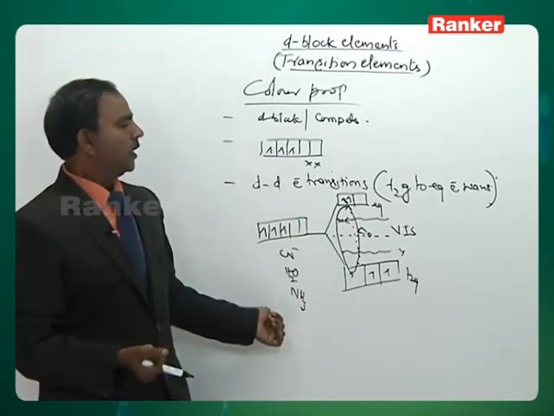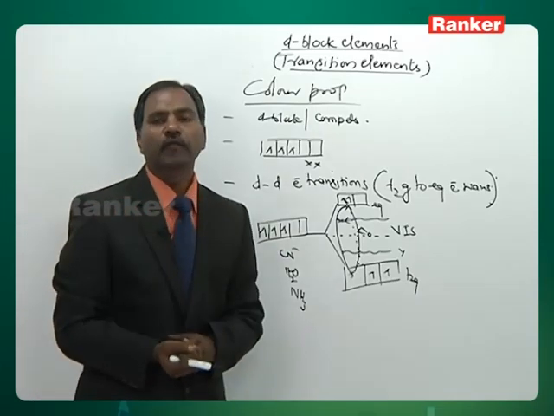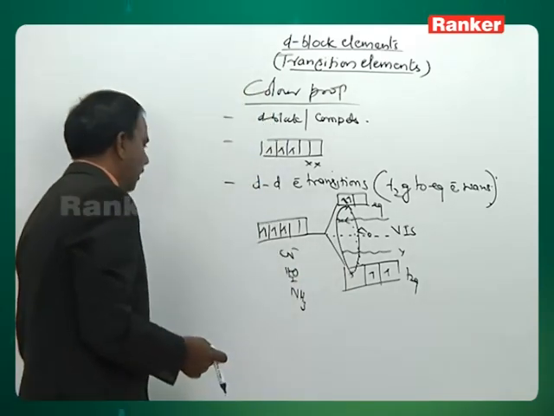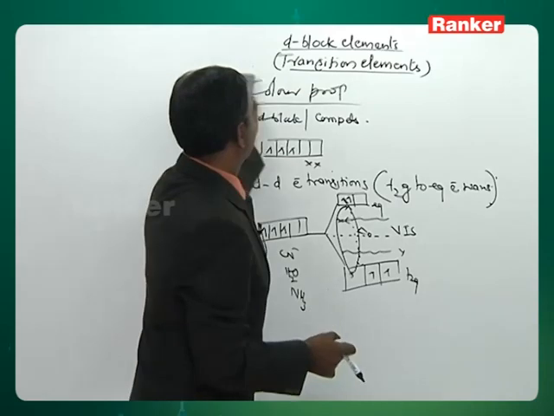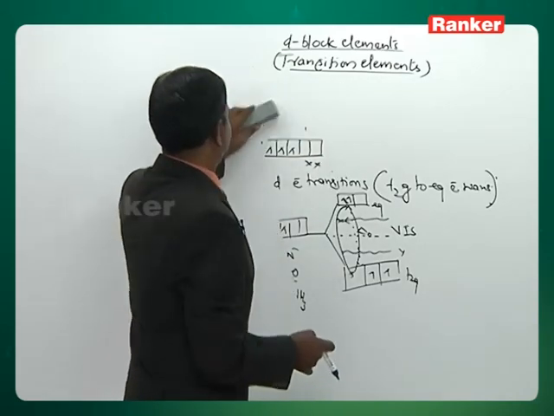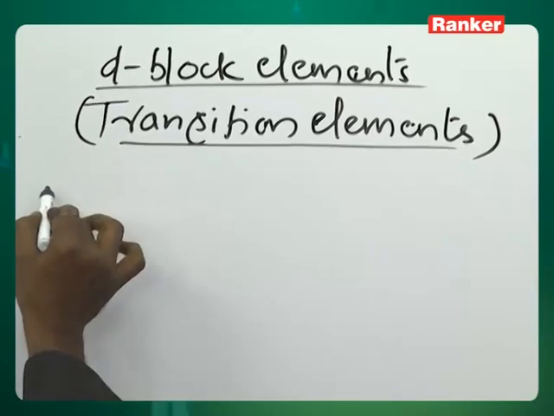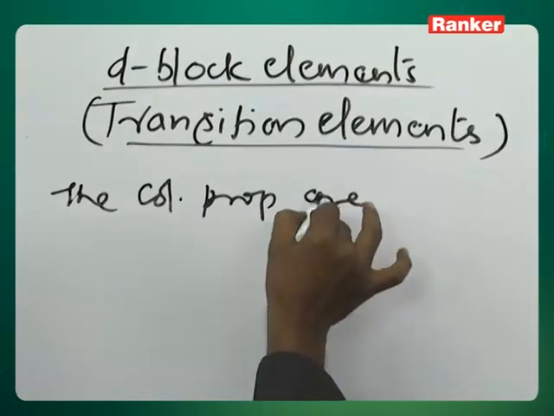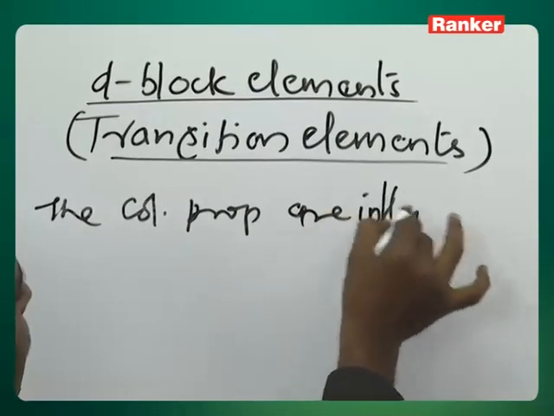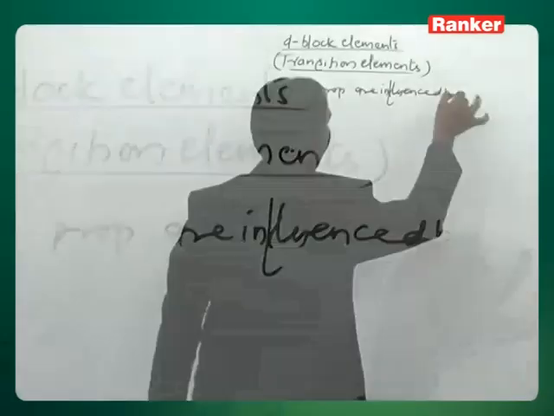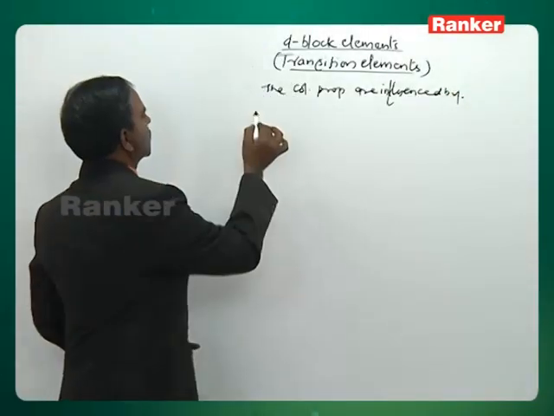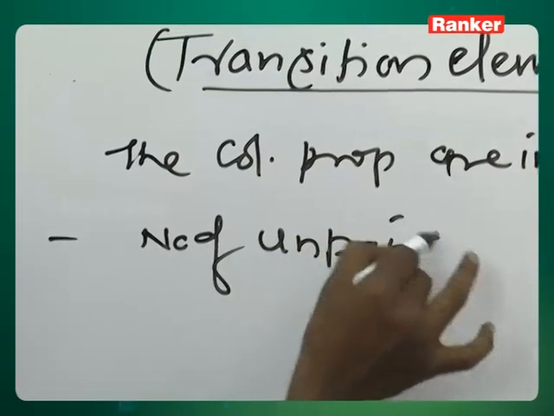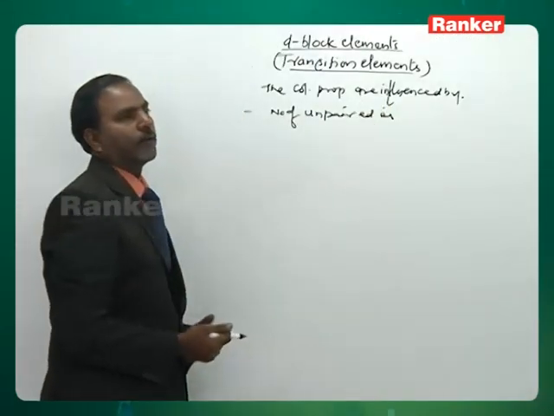Next, the color properties depend on various factors. What are the factors influencing the color properties of d block elements? Let us see that. The color properties are influenced by, first, the number of unpaired electrons